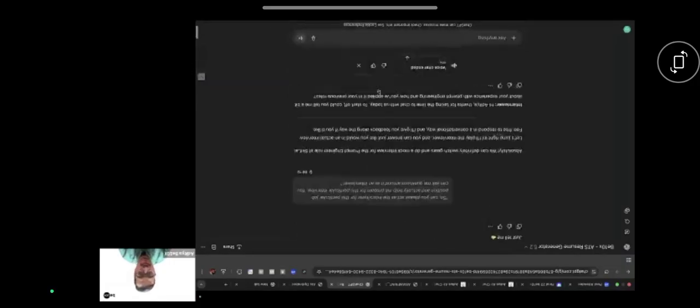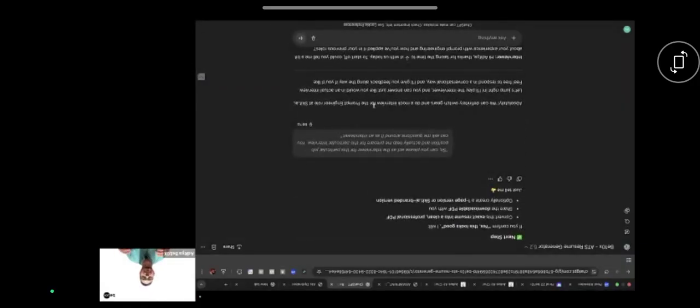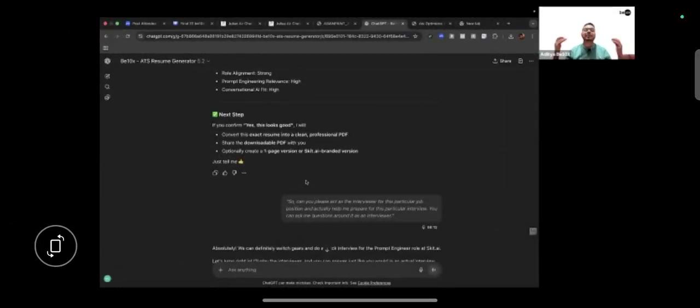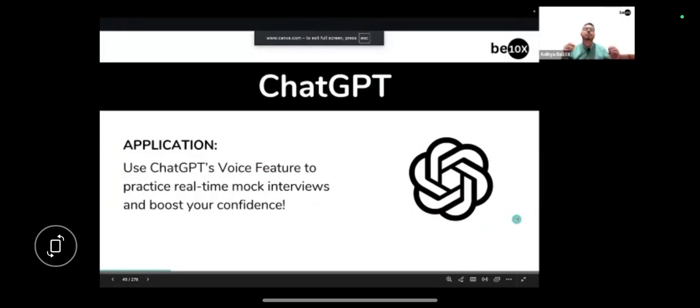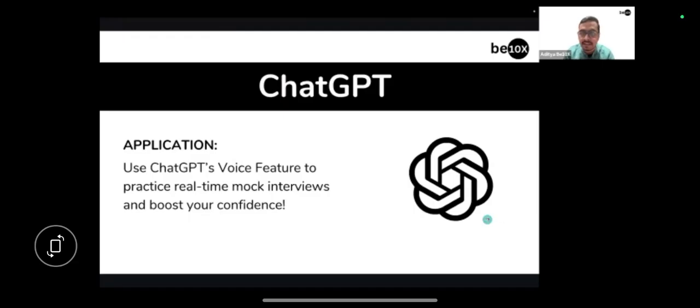Guys, how many of you are mind blown by this voice mode feature of ChatGPT via which you can interact and ask it to play as an interviewer itself? How many of you feel it would be truly helpful for you whenever you are trying to crack your next job interview? Perfect, amazing. What was the prompt? The way that I spoke to the AI, I asked it to act as an interviewer, right? That was the prompt for it. So that is how you prepare for your interviews going forward.